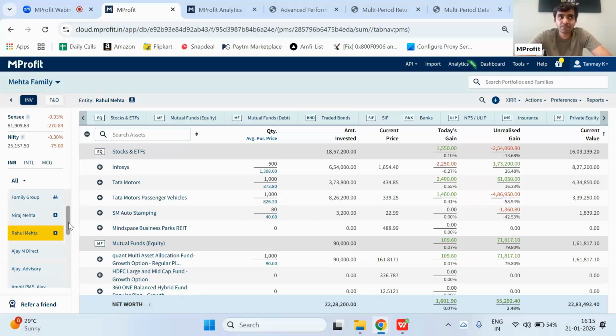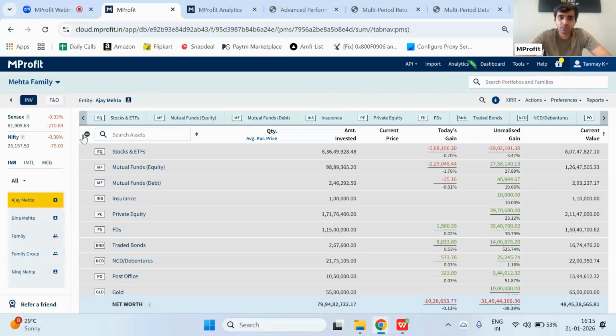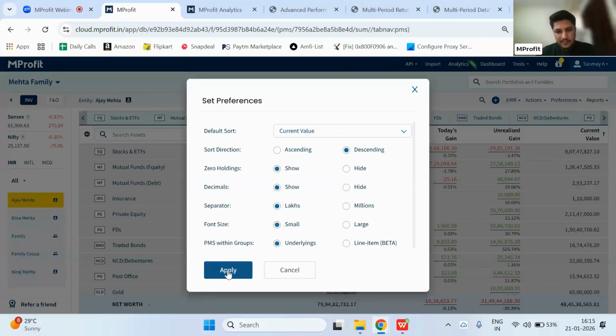This feature is a simple preference change which you can make at an overall account level, where you can change how you want to view PMSs within a group or an entity. The benefit of this is that currently, if you're using MProfit and you're looking at your group portfolio, many of you probably know that the underlying stocks within a PMS will be grouped together with the direct stocks in the group. So Tanmay, if we can just go to any entity right now, and if you open stocks and ETFs here, currently,